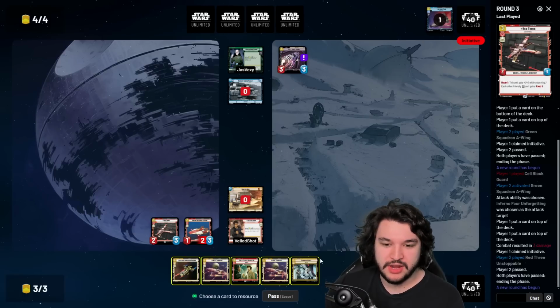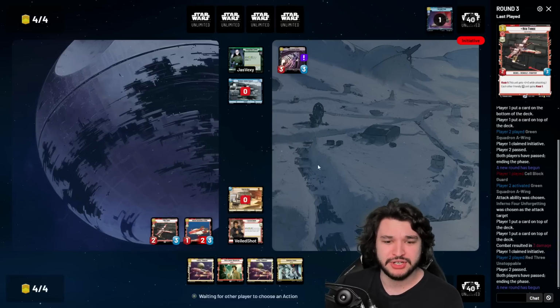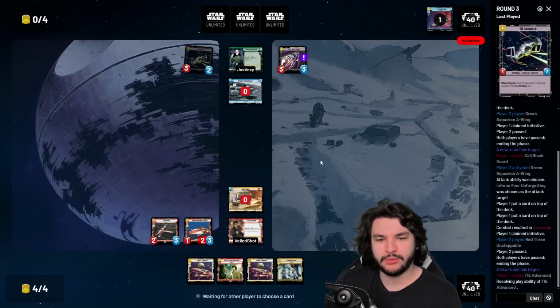Drew ourselves Surprise Strike and a Cartel Turncoat. I think in this spot, I'm actually going to resource the Liberator Gunship, because I don't imagine they're going to try to play an Inferno 4 into what I got going on over here. And I think what we'll do...